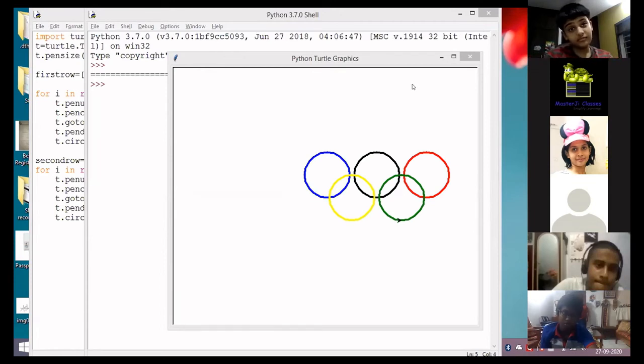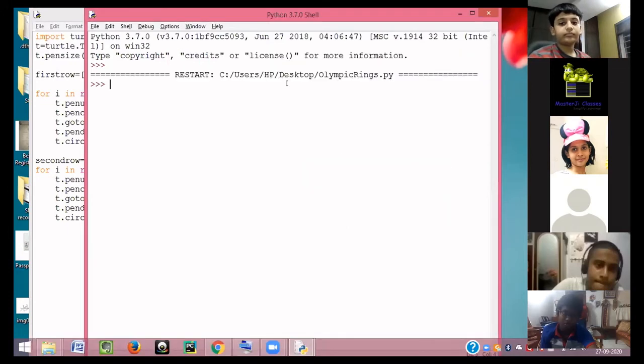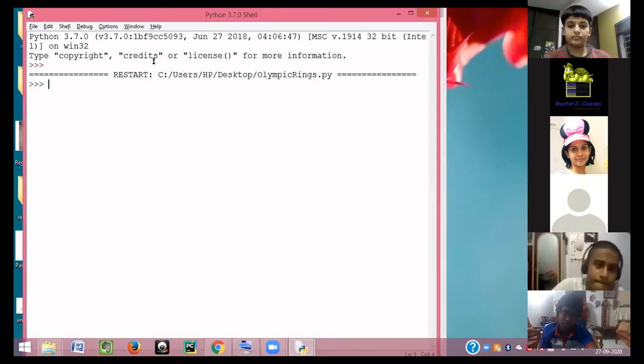Now let's say we are going to make one last simple attempt. Do you know about this Ashoka Chakra that is there in the center of our national flag? Yes. Okay. Let us simply make a simple program to create an Ashoka Chakra. After that, we shall come to the end of our webinar. And now if you have any queries, we'll address that first. Let's create that. I'm canceling that. For that, I need to again import turtle.